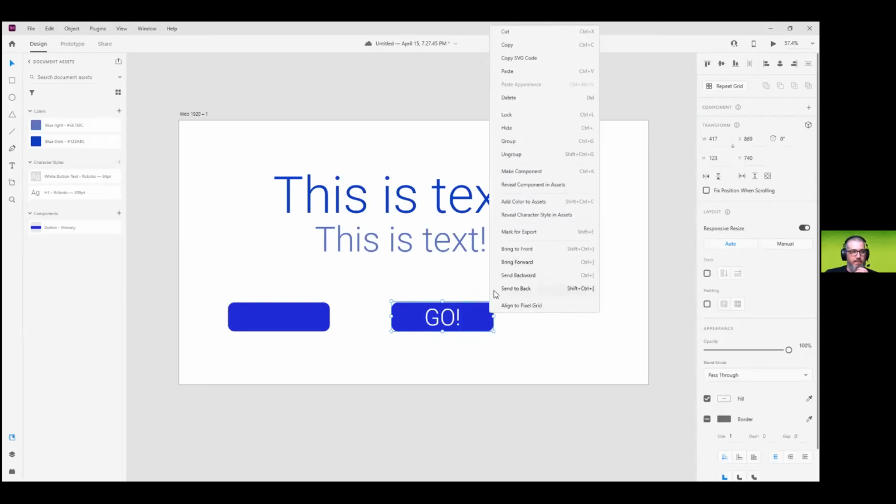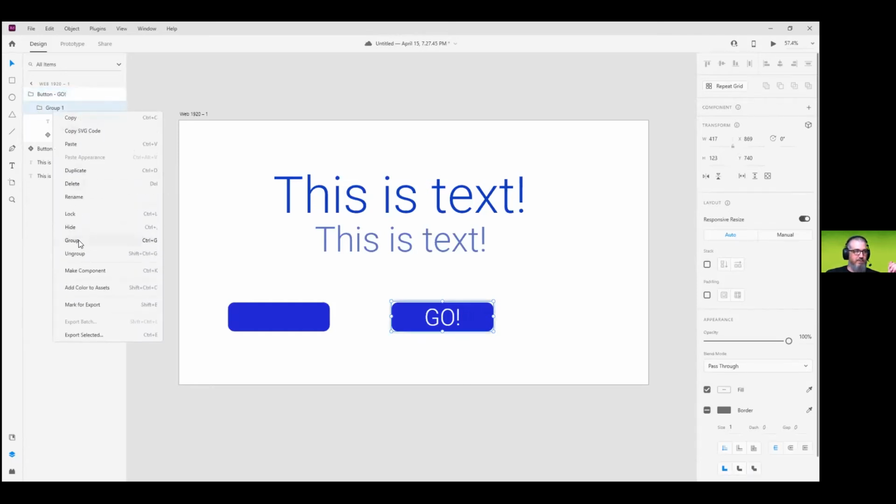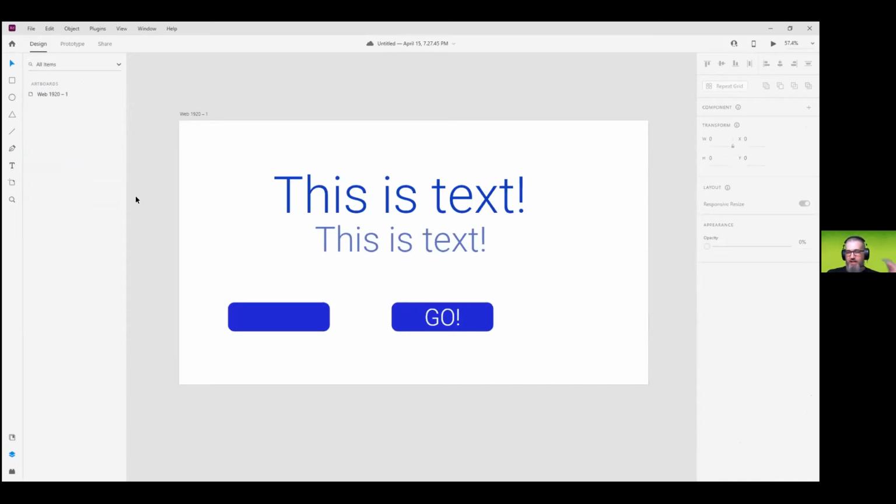So now that this is grouped, you can see in our layers, and this is really good right here. So you can have your button, then go, right? So you've named it button go. And then even when you go into it, it looks like I double grouped it. But you can see it, and especially when you're searching for it, Sketch allows you to do this, as well as Axure and XD allows you to search for something, right? So you're looking for all your primary buttons that you can search for this individual objects, and this searches over the entirety of all of your